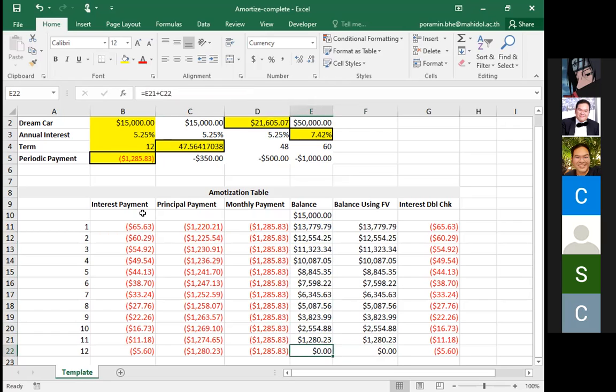That means the balance of month 11 must equal the principal payment of month 12, 1,280.23. When you subtract them together, the balance becomes $0. This is the balance that we calculate using subtraction. Okay, so in this one